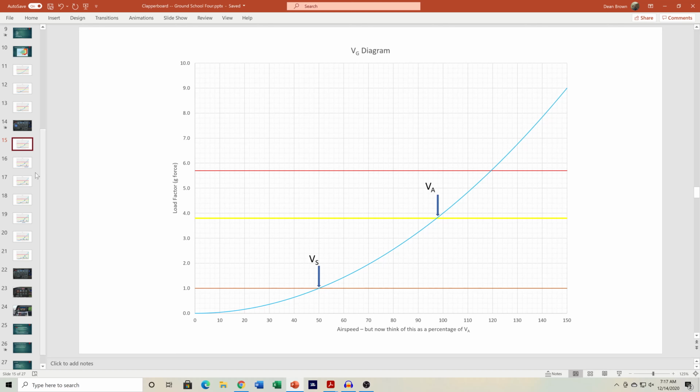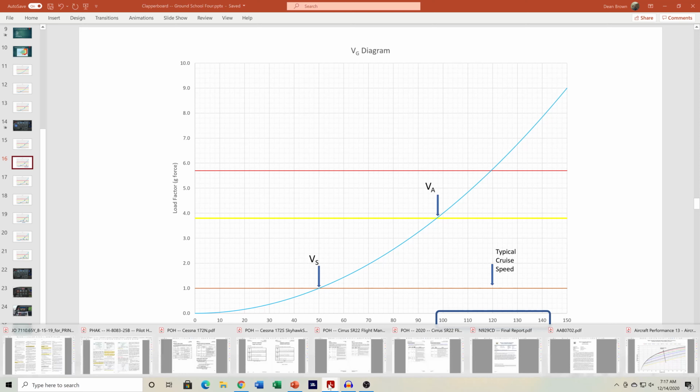Once we define that, on the next slide I pointed out that a variety of airplanes cruise at speeds expressed as a function of the percentage of maneuvering speed, anywhere from about 100% up to about 140%. When I was deciding what I wanted to cover in this video, I briefly considered going through and giving you